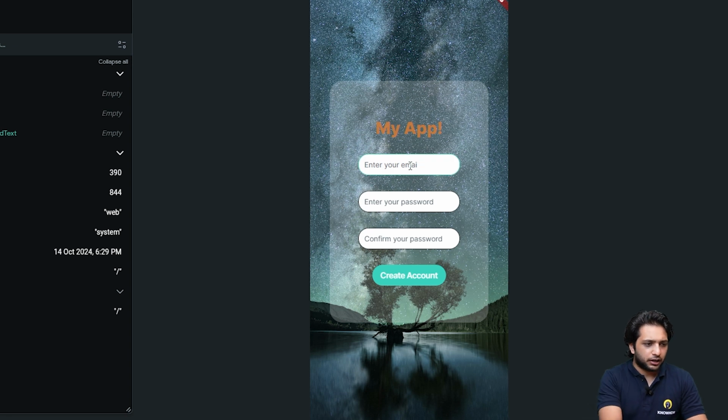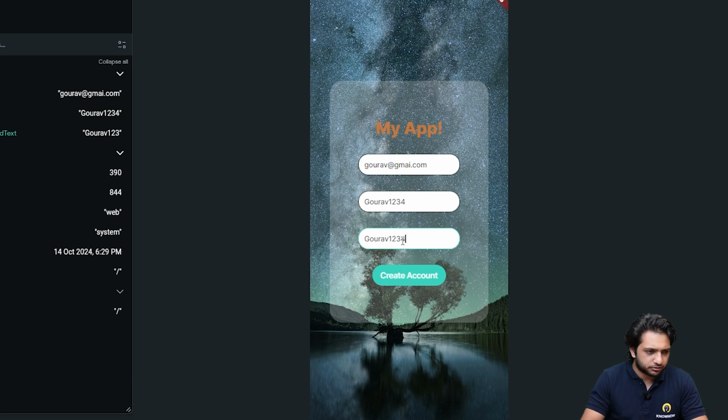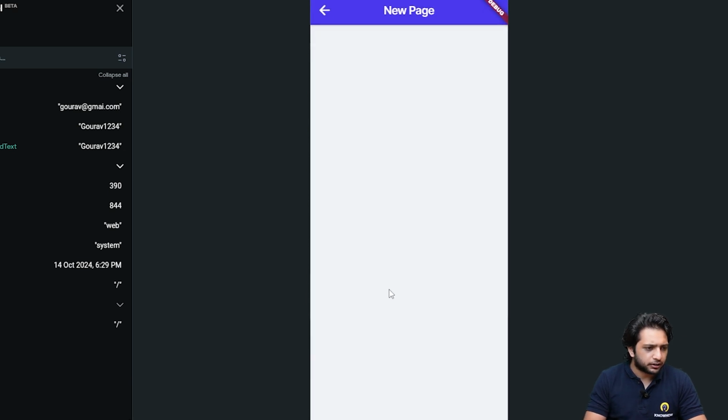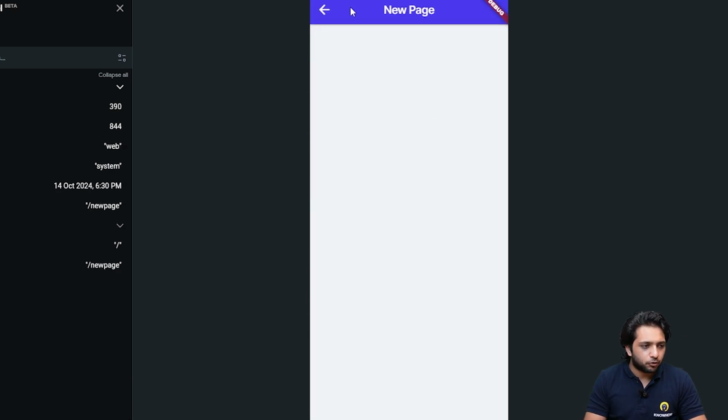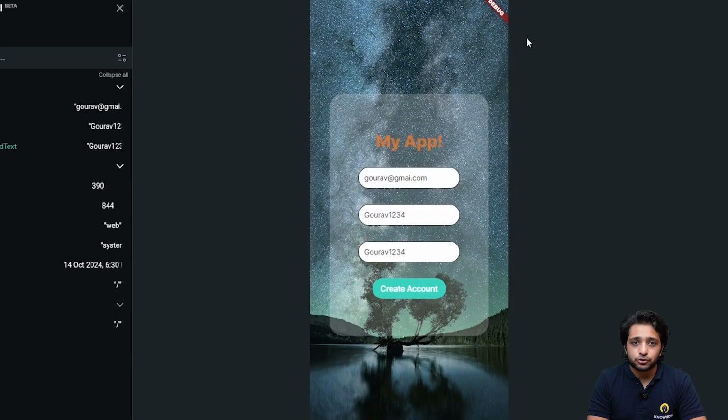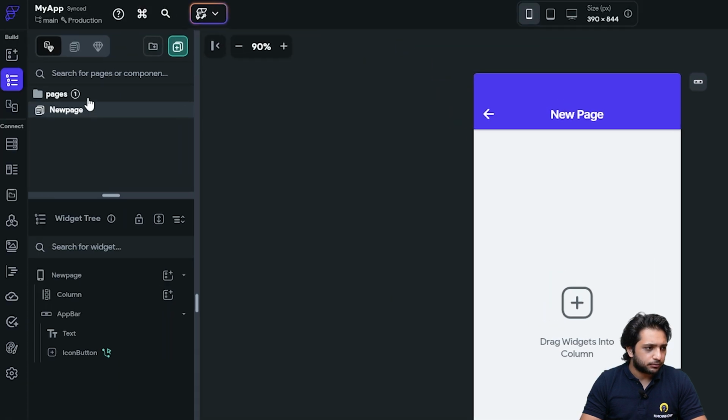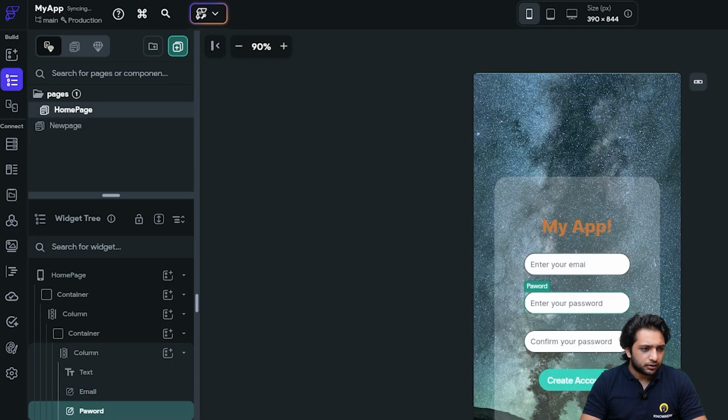Now, when I click here, I will enter my email, and here I will enter my password, and when I click here I am navigated to our new page. But did you see that we have created two password fields, but I can still see them like a normal text field? So for making it like a password field, just go to your design studio, and here on the properties,